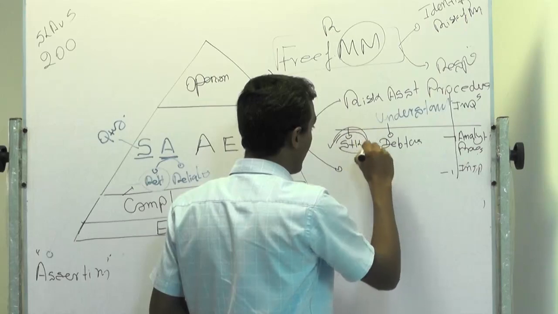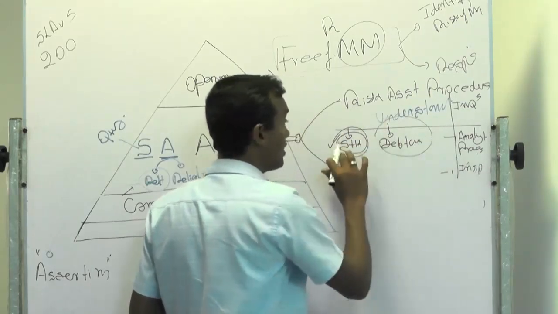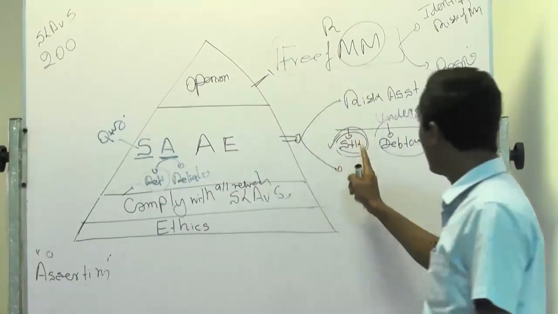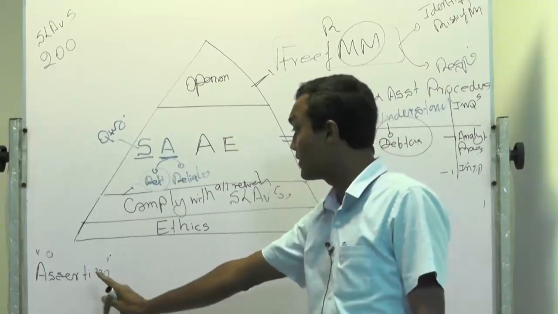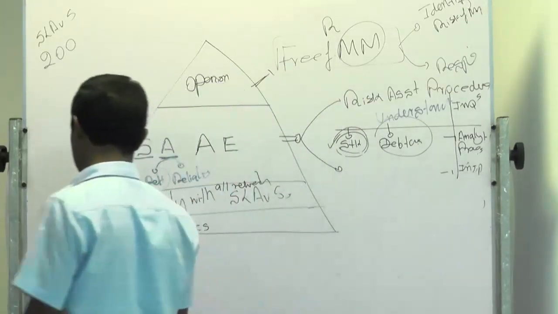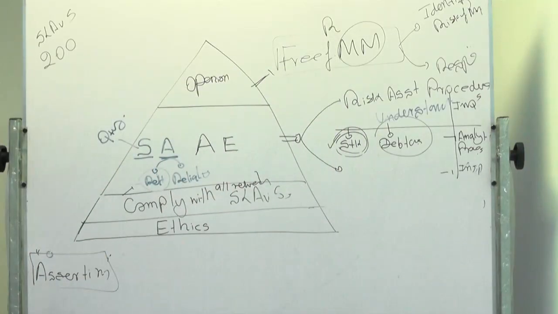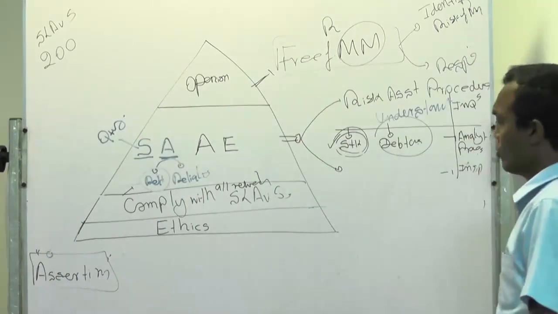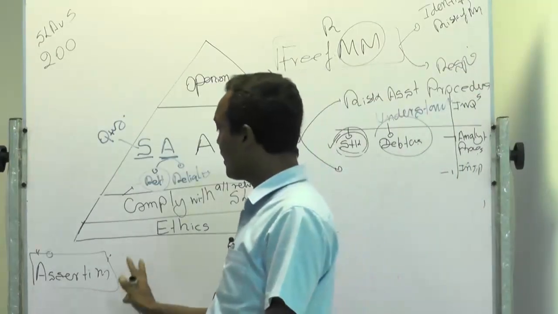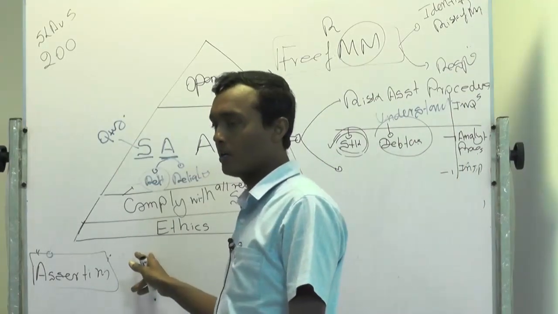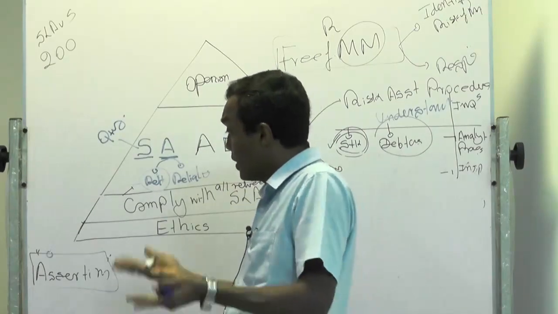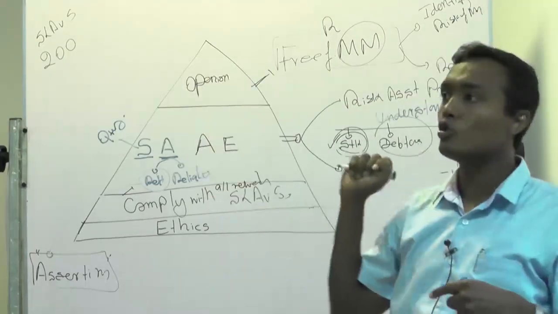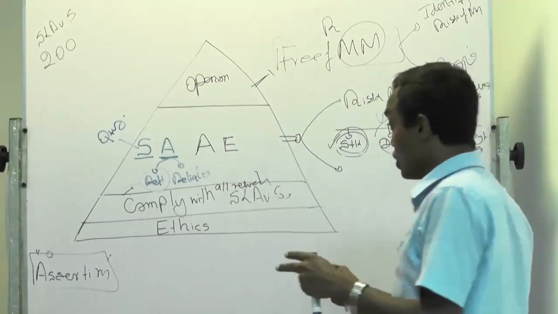Now, after risk assessment, let us say to simplify, you have identified stock and debtors. But I am telling you one very important thing: you can't just say stock, because, as I told you, at the end of the day what we audit is assertion. So, what is assertion? A tough question. In very short, if you look up assertion in the dictionary, you will see assertion means declaring something to be true, which means somebody declares something to be true, and it may or may not be true. I can assert my friend is good, but we do not know whether he is good, and somebody will question it.